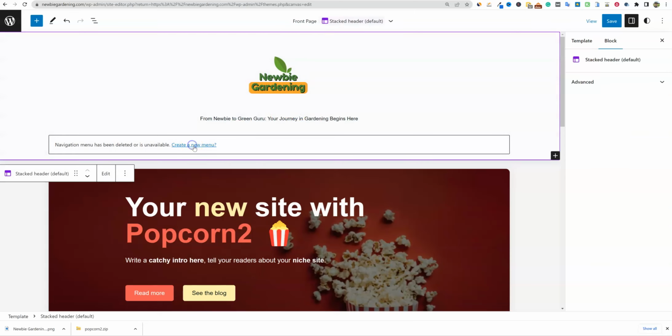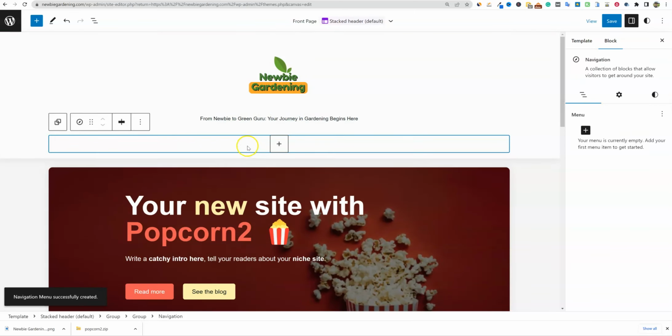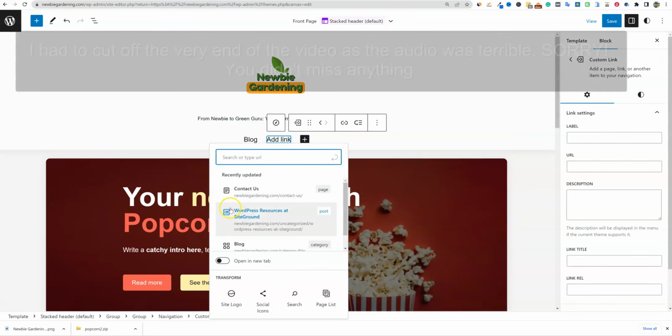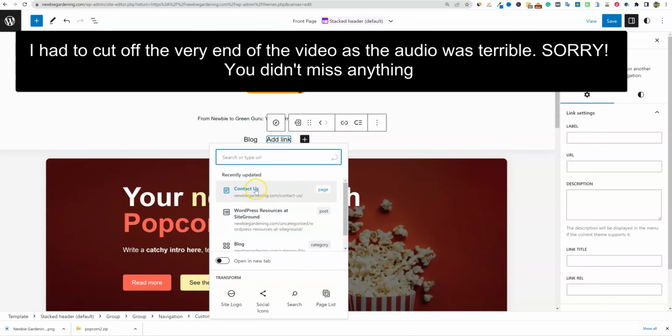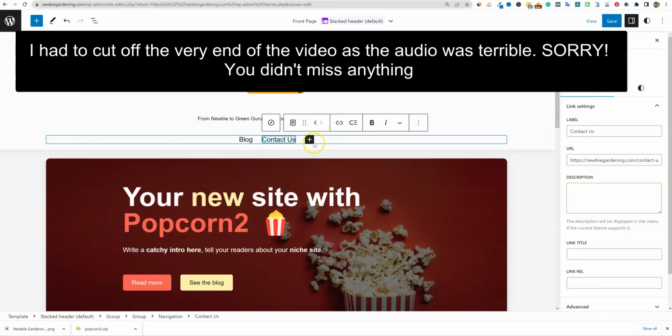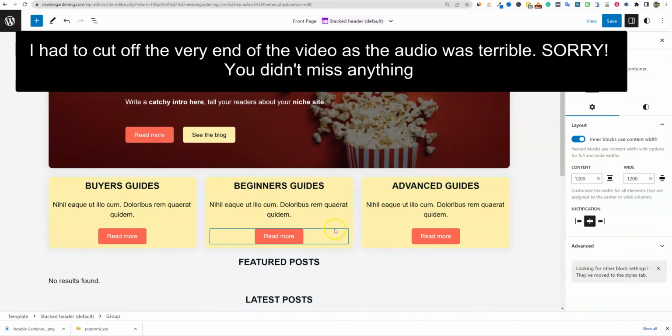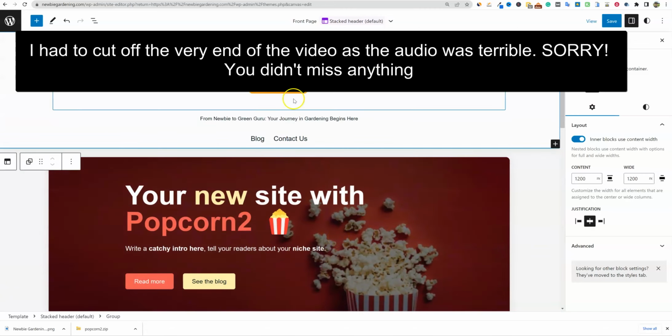We need to create our first menu. So let's go create our menu and then push the plus. And here's where we're going to add our links over here. So we do have the blog, so we can add our blog there. We can add more pages, maybe the contact us page. And then we're going to need to create some content to be able to put on this menu bar right here. I'm going to show you how we're going to do that. And then we'll come back and we'll build out the rest of the home page. But this is just kind of how you get